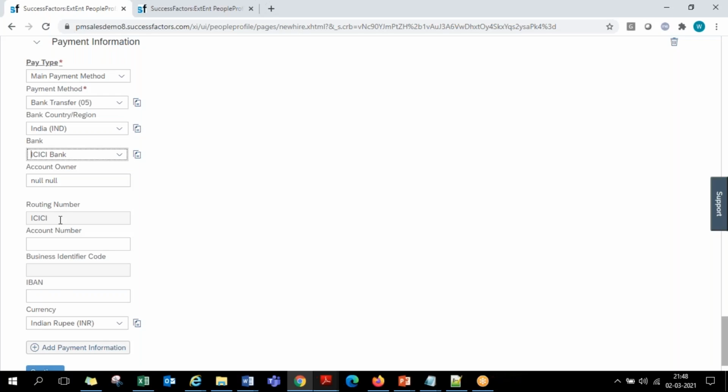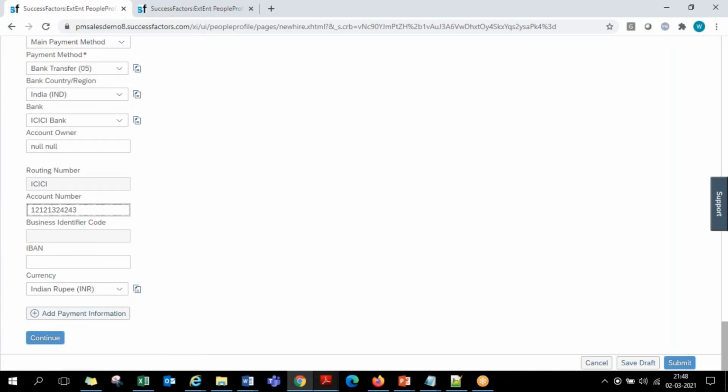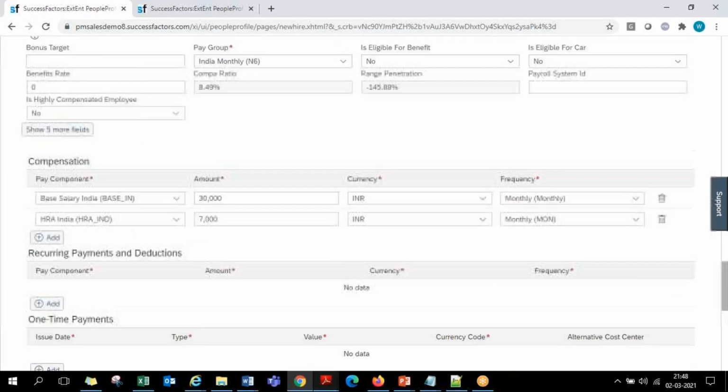Where routing number is something already when we create this main master bank account in the system, for that bank whatever is the routing number we already maintain it, system will auto populate it. The employee specific account number you can maintain, and then you can save it. So finally you click on this continue here, or on the right hand bottom corner you click on submit here. It's all the same. The employee will be hired with all this information of data whatever you filled in across all the 4 categories.